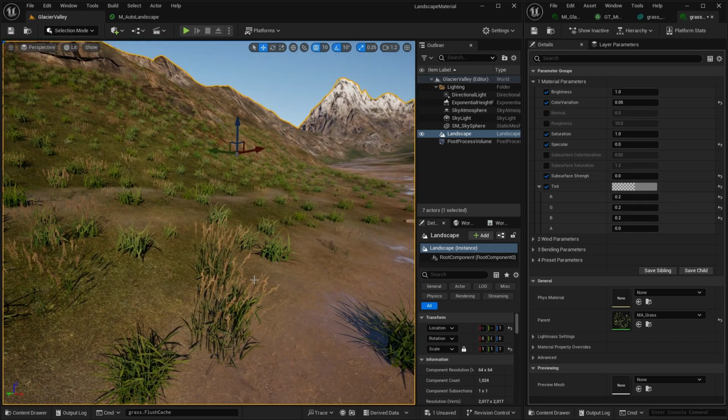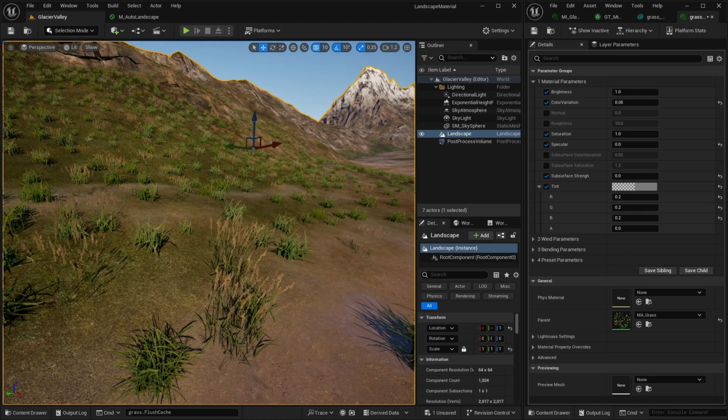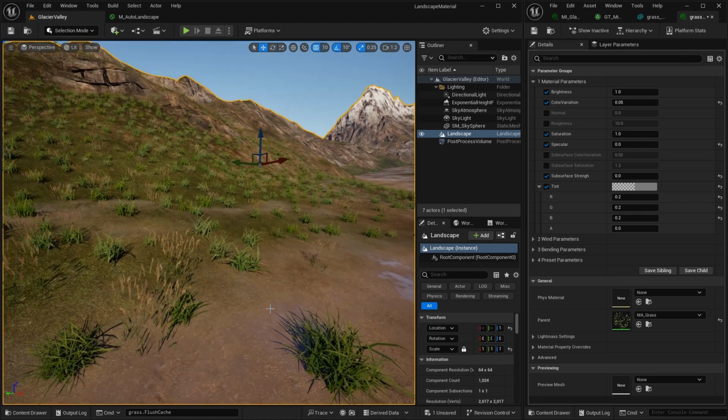Obviously it's having to do a bit more work in order to move these vertices around across the distance, but also something else happens, which is that the shadows that are cast by these meshes are constantly having to be recalculated. And if you're using, which is by default, Lumen and virtual shadow maps with Unreal Engine 5, if things aren't moving, then it doesn't have to recalculate the shadows from frame to frame. But if things are moving, it does.